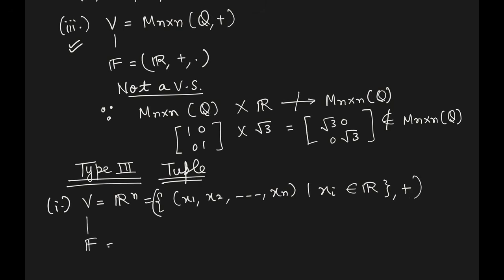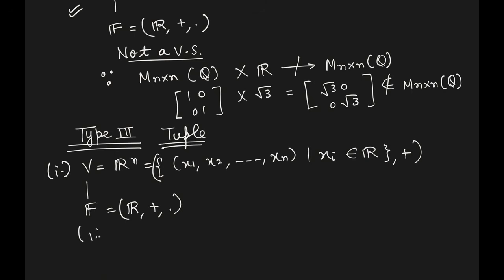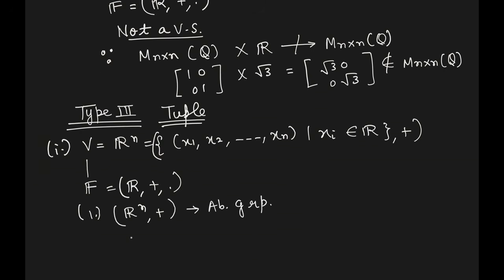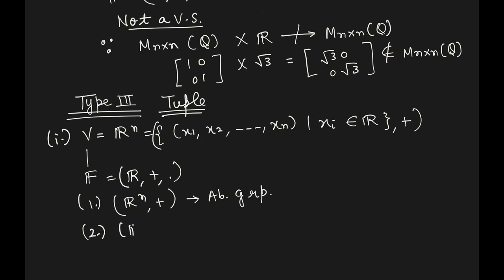Field is R with respect to plus and dot. Now first property, R n with respect to plus will form an abelian group. Second property, R with respect to plus and dot forms a field. Third property,